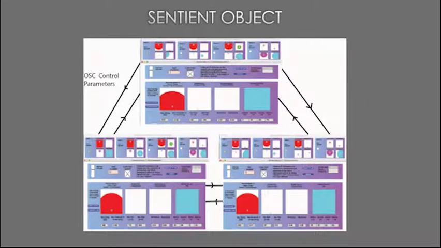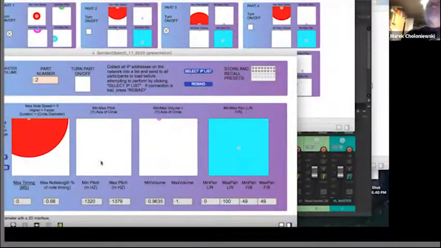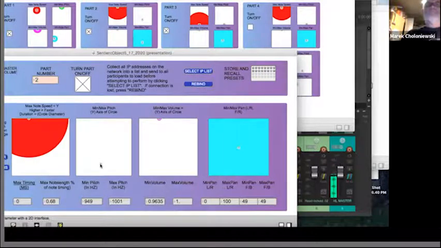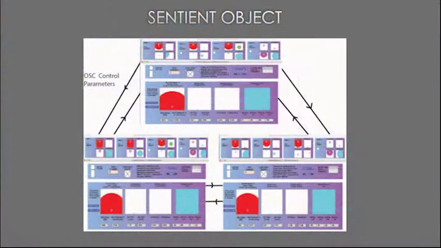So, a few examples. First, SENTIENT object is a multi-user remote performance system for up to 8 players where data controlling pitch, panning, tempo, and duration of notes in a randomized tone generator is sent over the web. Then sound is generated locally so that only small packets of control data are sent and received, minimizing latency. The design of the control system makes it fairly intuitive, and the indirect nature of the interaction renders any residual latency unnoticeable. Performers are encouraged to try to differentiate themselves from other players at first until they understand the relationship between their own sound and those of others, and then to explore various expressive combinations.